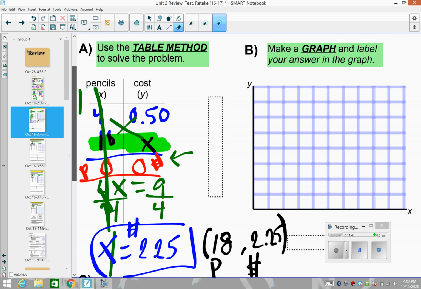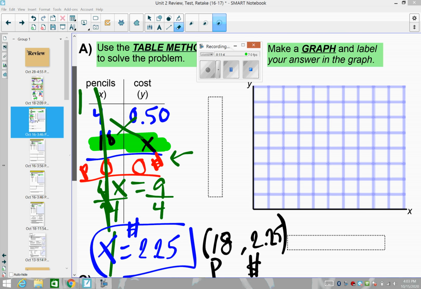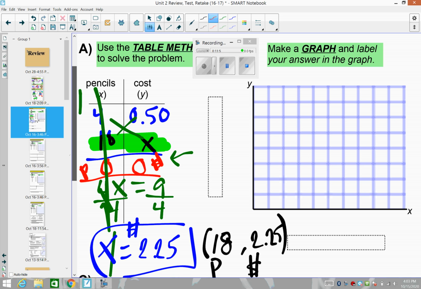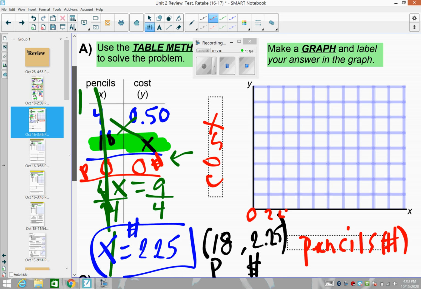All right, so if we were to make a graph, we can see that our variables have already been established for us: the y is equal to cost and the x is equal to the number of pencils. It looks like my x ranges from 0 to 18. I'm not going to have enough space to go by 1, so I'm going to go by 2s on the